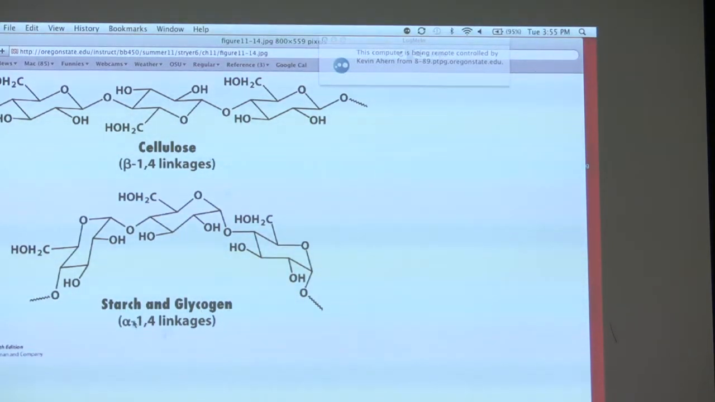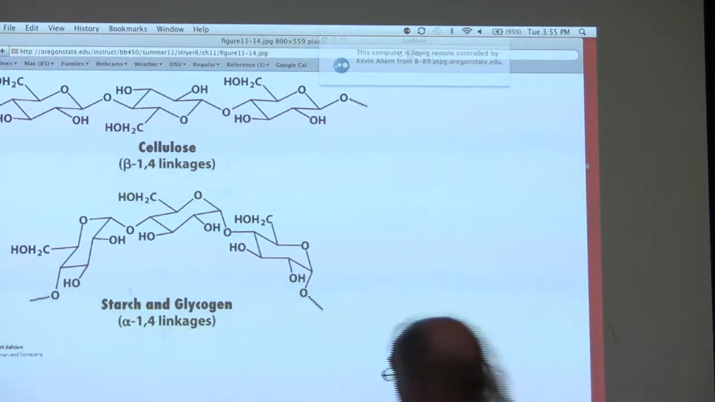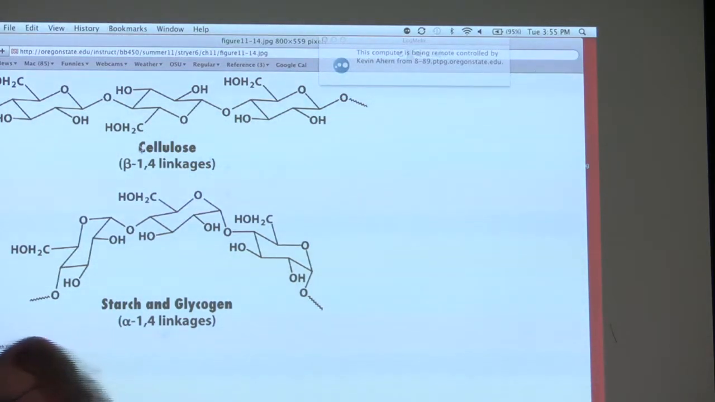Starch is related. Starch also has alpha 1,4 linkages. But again, I'm going to say some more things about those linkages. There's more than just 1,4 in both of those. Cellulose, however, only has beta 1,4 linkages. That's all it has. Okay? And